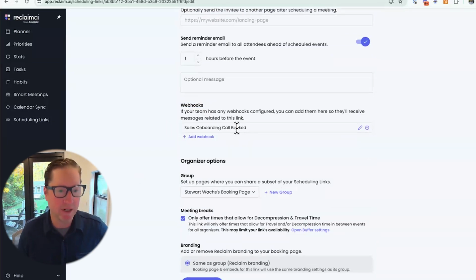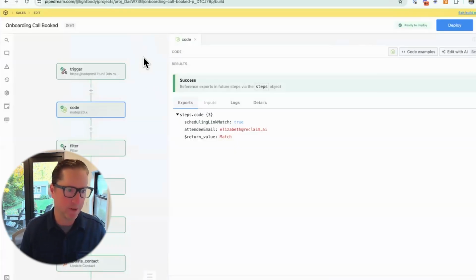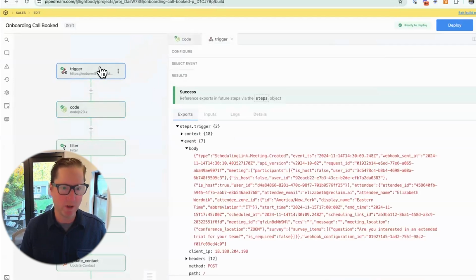And when it fires, because HubSpot can't receive webhook calls directly, what we're doing here is using some middleware. Here at Reclaim, we use a tool called Pipedream for a lot of our integrations. You can do the same type of thing using any other popular middleware integration solutions. But what you can see here is I have a workflow defined in Pipedream, and it's basically a webhook receiver. So I have this step one, which says listen for webhook calls at a particular